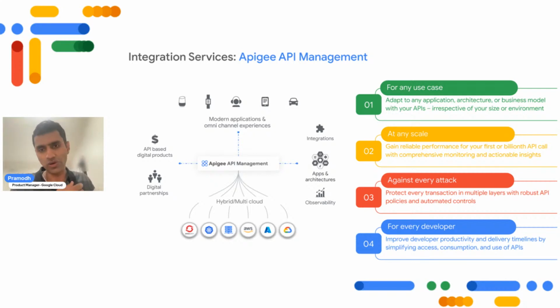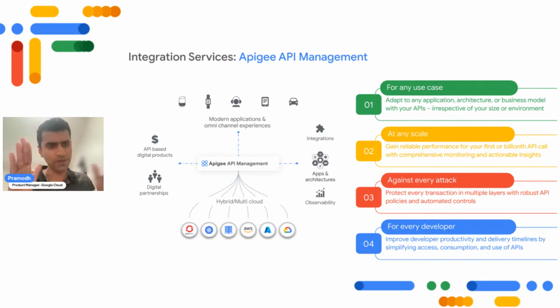It can actually go and address any use case, any architecture, which does mean that you could have your APIs running on premise, running on another cloud, all of that, and it could help you manage all of that complexity. And again, tying back to our Gen AI, when you have more APIs coming out, it should be able to address that particular scale.